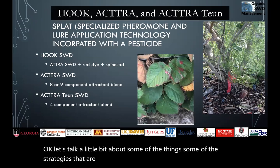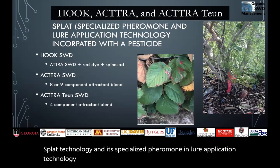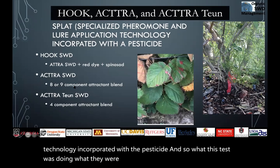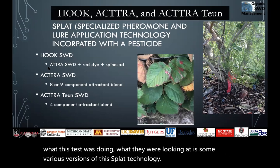This is a very cool strategy. It's called Splat technology, and it's specialized pheromone and lure application technology incorporated with a pesticide. And so what they were looking at in this test is some various versions of this Splat technology. This first one is